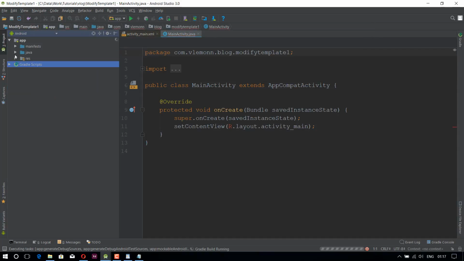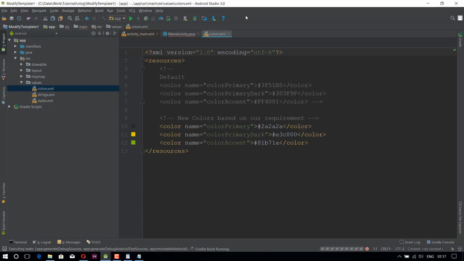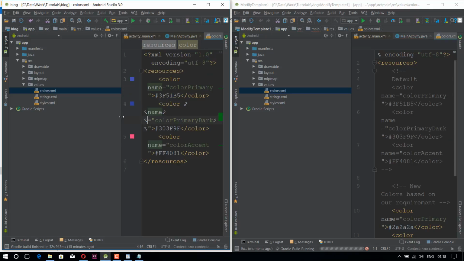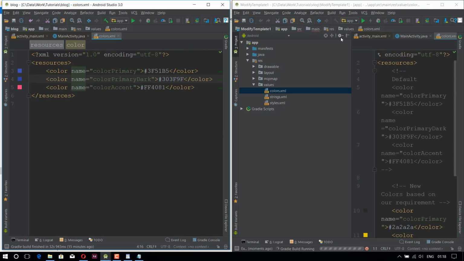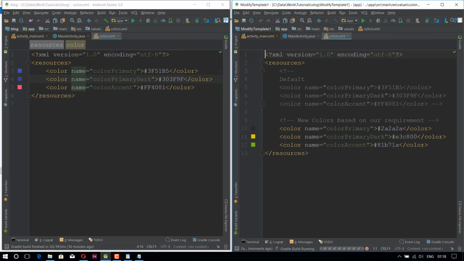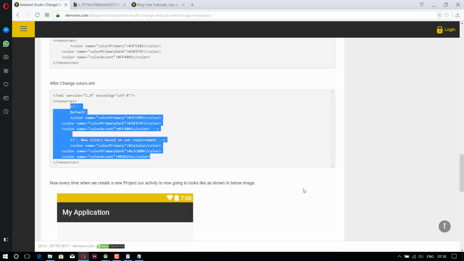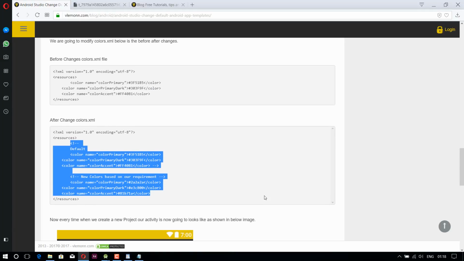Let me open app, resource, values, and colors. See the before and after changes. Let me first close this. Yes, so this is before and after changes. And what we can also modify, let's see in blog post. This is about the colors,